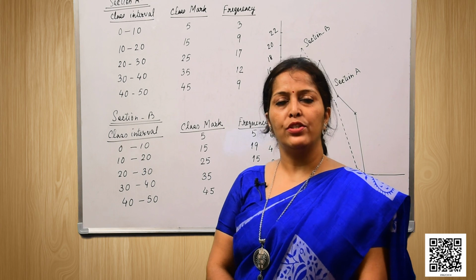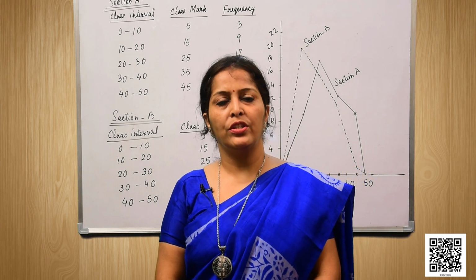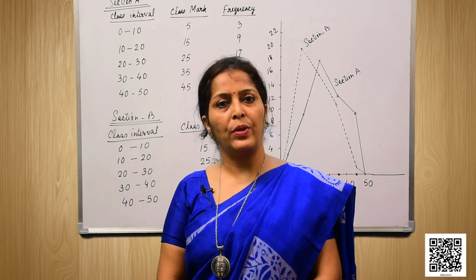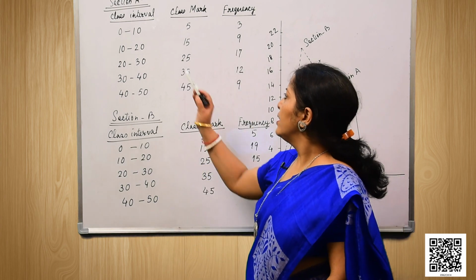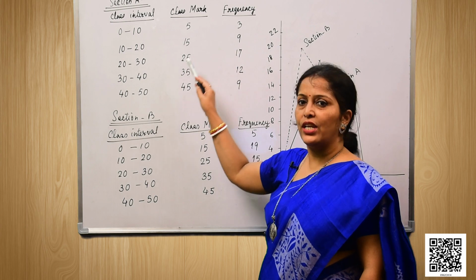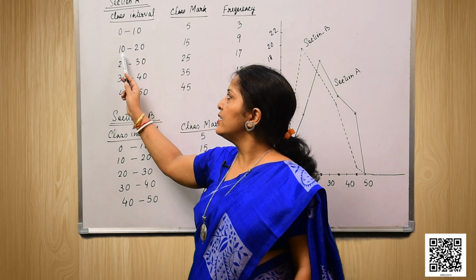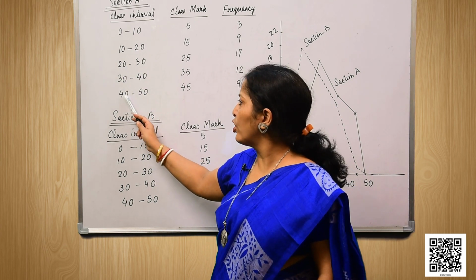Here we were having students of two sections, section A and section B. So, there will be two distribution tables and two frequency polygons. Let us draw it on the same graph. Okay. This is the table for section A. The class intervals are 0 to 10, 10 to 20, 20 to 30, 30 to 40 and 40 to